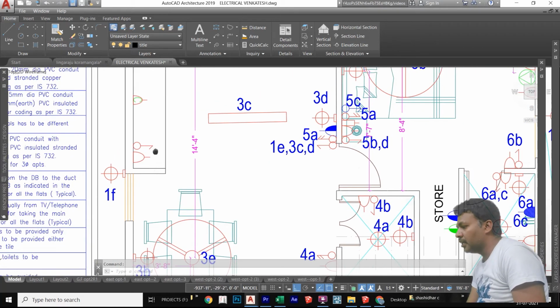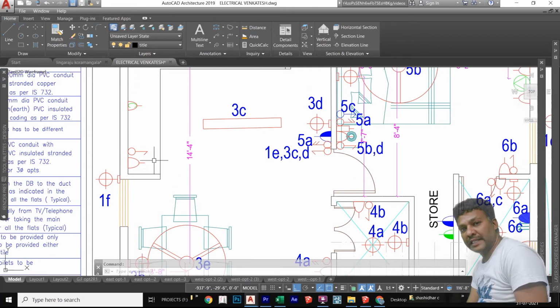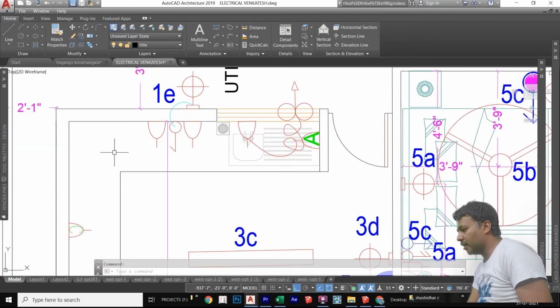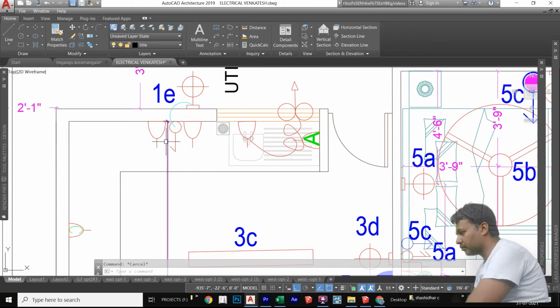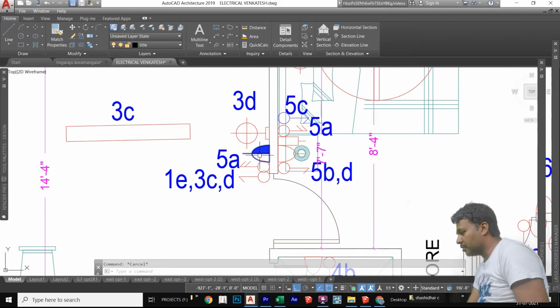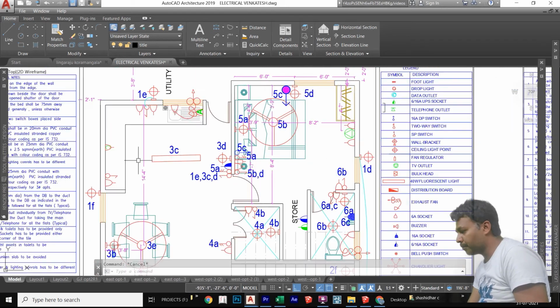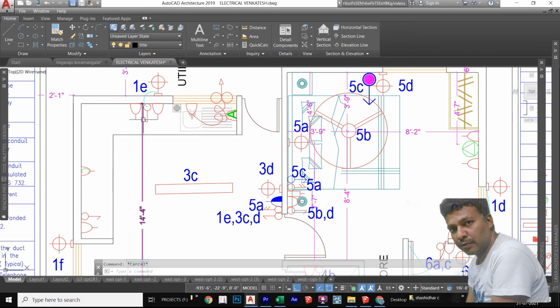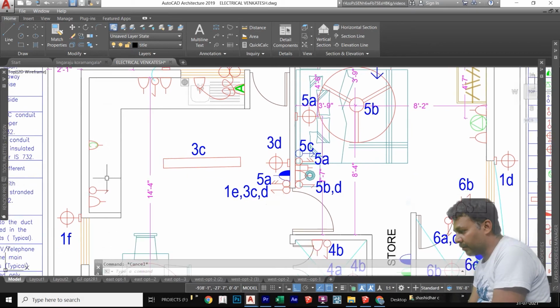Here, why are we giving a 5 amp socket? Sometimes they can keep it for the mixie purpose. And here the chimney, and here 2 5 amp sockets I have given, 5 by 15 amps also I have given here. And on this wall I have given 5 by 15 amp sockets for the fridge position. And in this position, the oven and all, they can use the 5 amp sockets or 15 amps also.